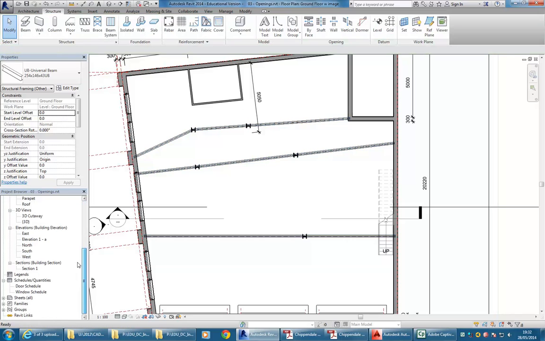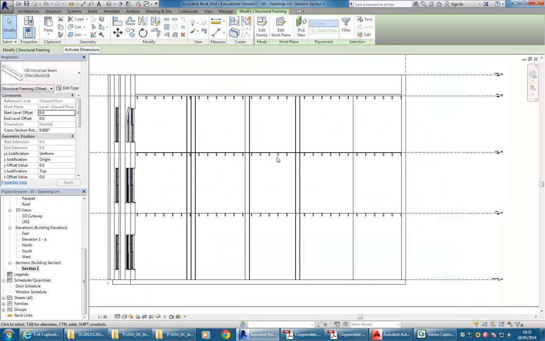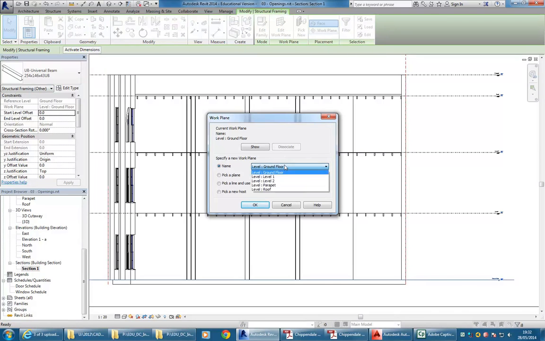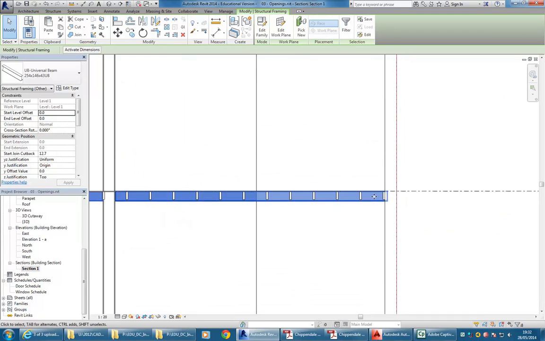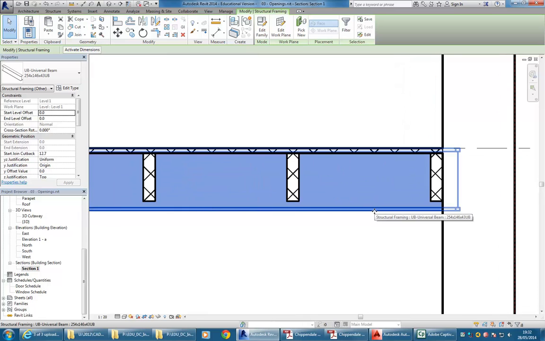So use edit work plane instead. Again, they're still selected. I know it's hard to see in this section view, but they are still selected. I can see over here, okay, so there's 8 columns selected, 8 beams selected. And so if you go to edit work plane, then you should be able to choose the level 1 here. And there we go. So that's put the beams up to the level I want them to be on,